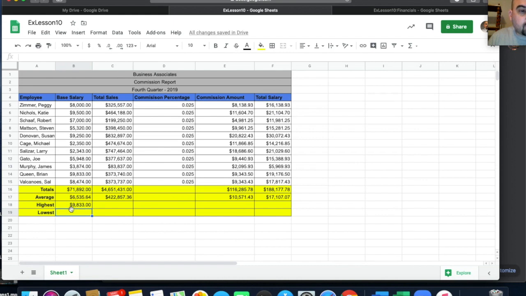And the lowest, let's see, who gets paid the least amount of money? 2343, Larry. Larry is the least, so let's type in 2343. And there it is. We'll do the same over here for highest and lowest. Highest is going to be for commission amount. Susan. It looks like Susan was the big winner there. So we're going to type in